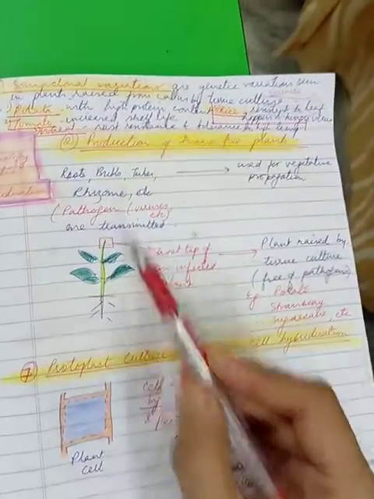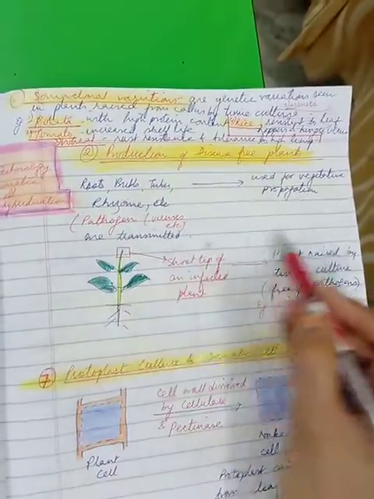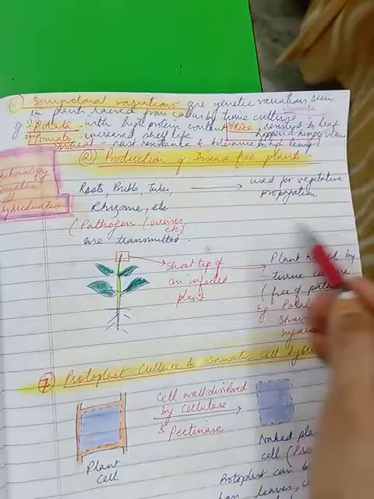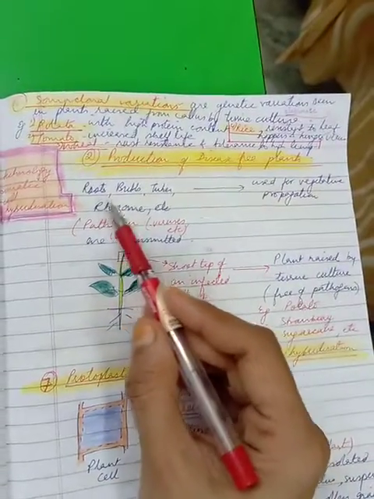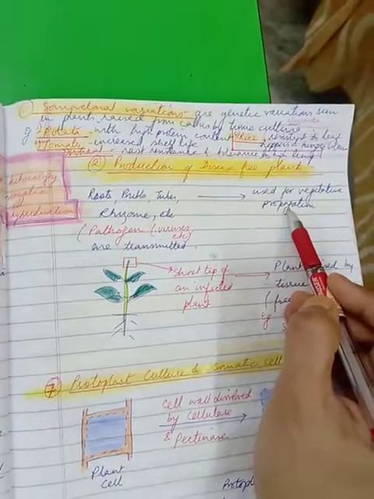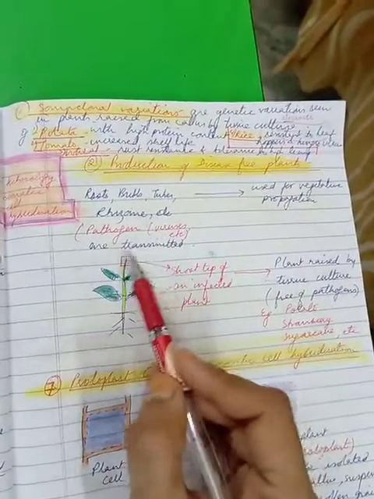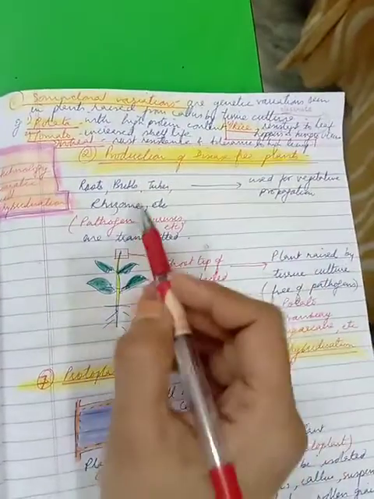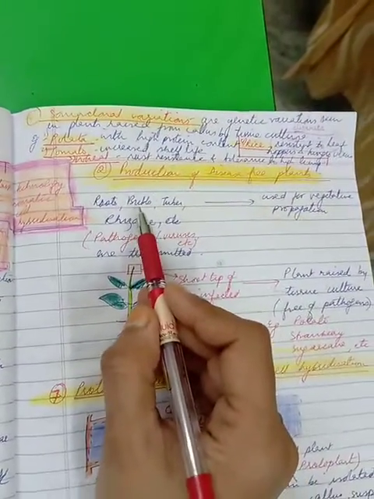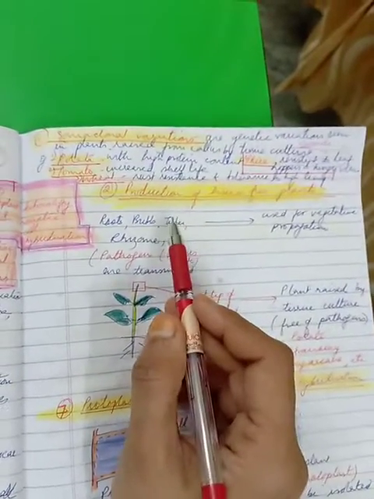So let us first compare the upper part here, which is showing vegetative propagation. Vegetative propagation, we know, children, uses roots, bulbs, tubers, etc. for vegetative multiplication, right? In this case, normally the pathogens are also transmitted. That is, suppose you're going to grow a new potato plant and you've used a piece of tuber along with the eyes and the buds.